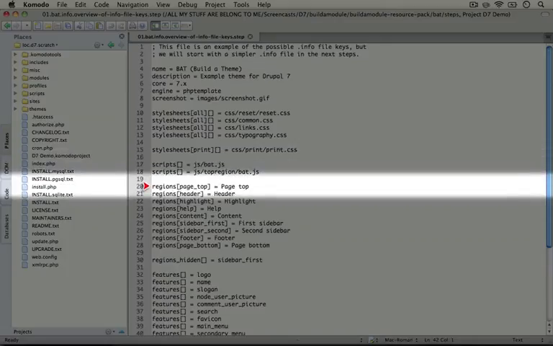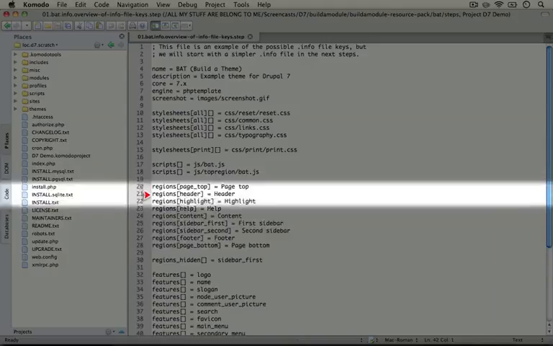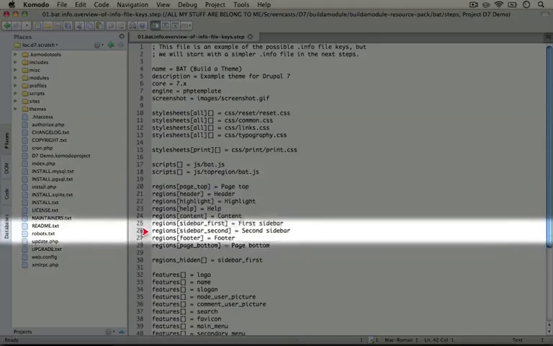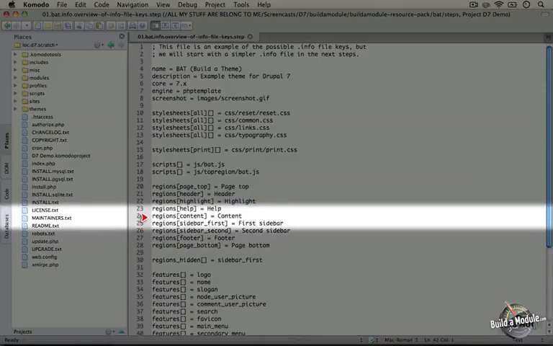Next, we're setting up a set of regions. Now we'll go through what regions are more specifically in future videos, but the general idea of regions is that they're areas on a page where blocks can be added inside of it. So you'll see a region for the left column, the right column, the center column, the header, and the footer. And as you look at the various regions inside of here, we have footer here, we have sidebar first and sidebar second, which is Drupal 7's way of describing the left and right column, but those are switched for right to left languages. We have the content, which is the main area of the page.